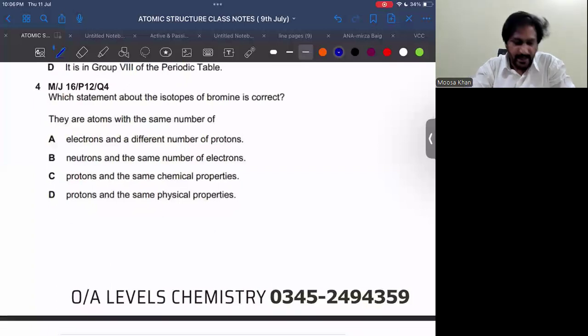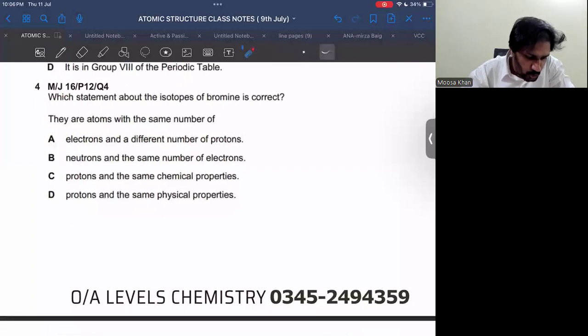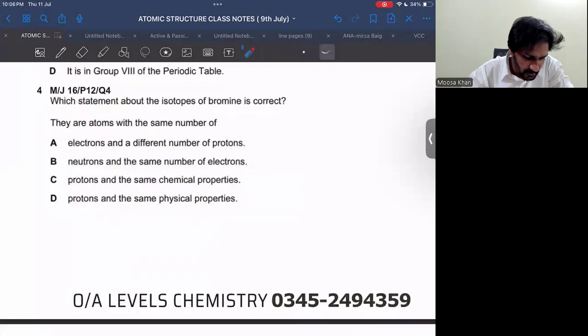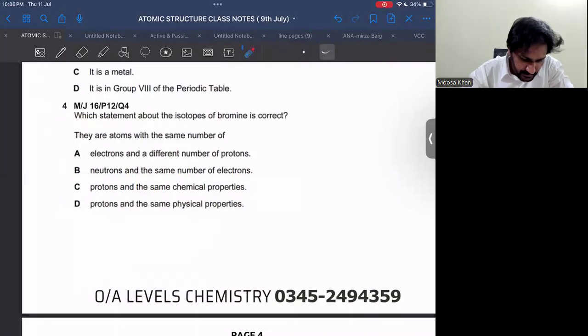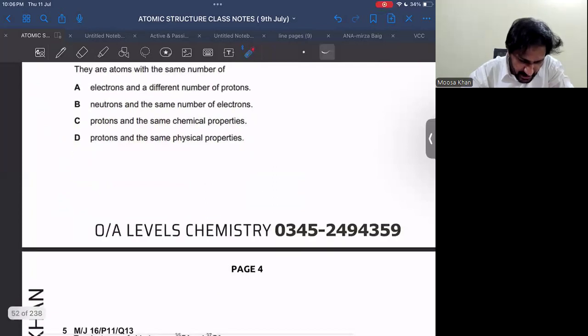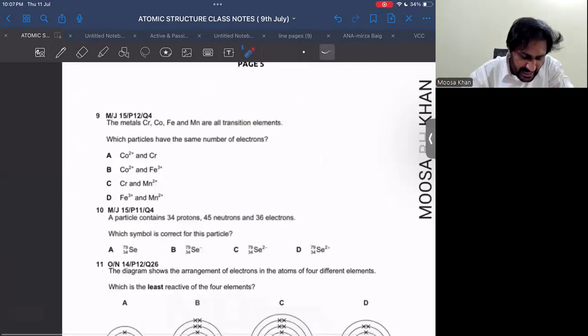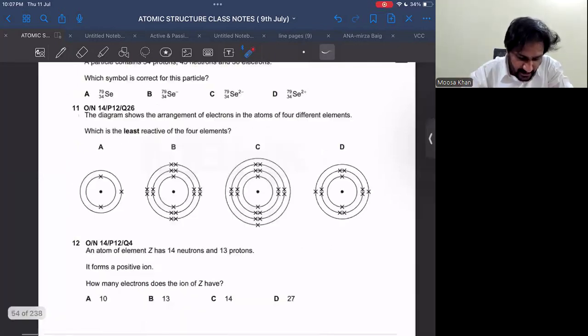See question number 4 here. It is saying which statement about the isotopes of bromine is correct? They are the atoms with the same number of protons. ये तो बड़े सिंपल से है ना। अच्छा हमें मास वाला करते हैं बल्कि। पहले रुको, कैलकुलेशन वाला छोटा सा एक क्वेश्चन कर लेते हैं, फिर ये थ्योरेटिकल क्वेश्चंस की तरफ आते हैं, ताकि आपका जो अबंडेंस वाला कॉन्सेप्ट है वो क्लियर हो जाए।